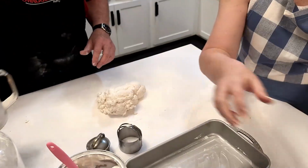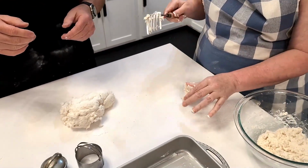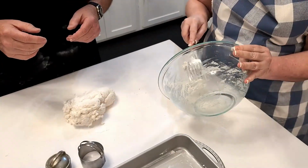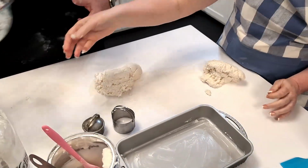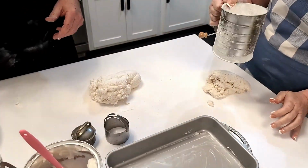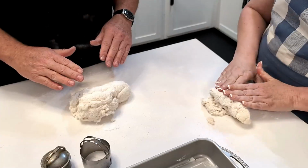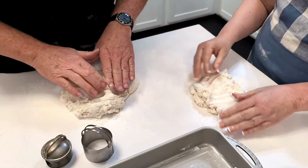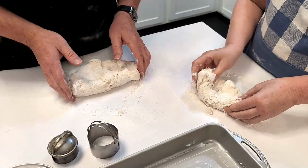And remember, I got half as much as he does. And my dough's a little bit drier than yours. And that's okay. So I may not have to fold mine quite as much as you do. All right, when I say fold, I mean you push it once, you fold it towards you, push it, then